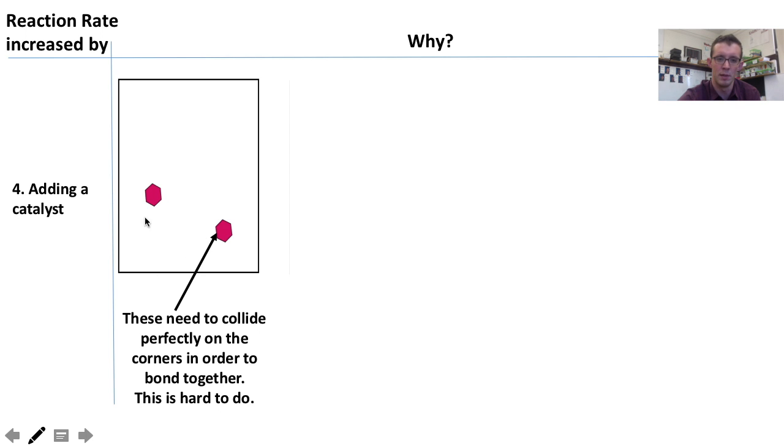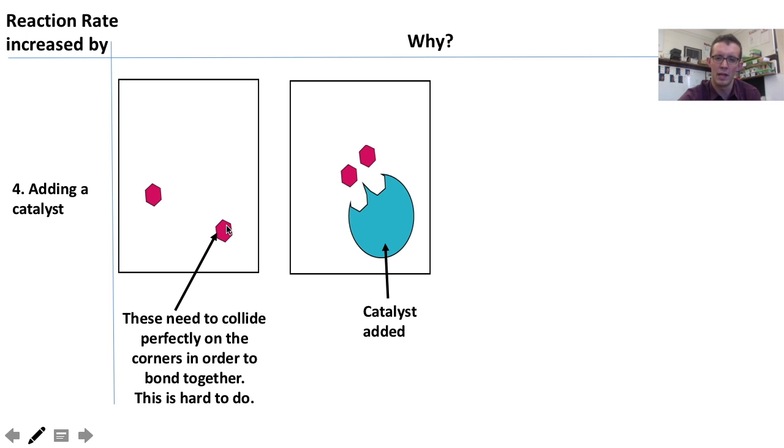Now this requires a little bit more explanation. Let's say we had 2 reactants that we're trying to get to bond together into a product. However, these particular reactants need to collide perfectly on their corners in order to bond together. That's where their bond will form. So they need to hit each other right smack dab on their corners. Now, since this is very difficult to occur naturally, what a chemist might do is add a catalyst to these reactants,